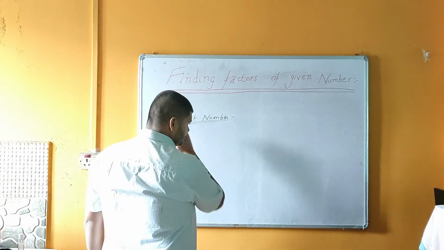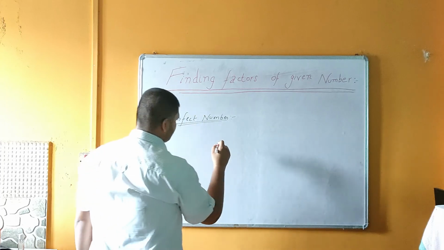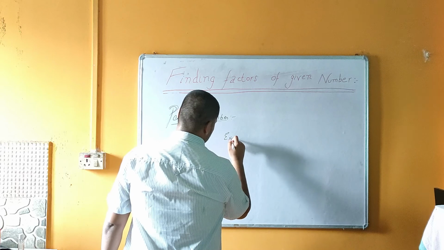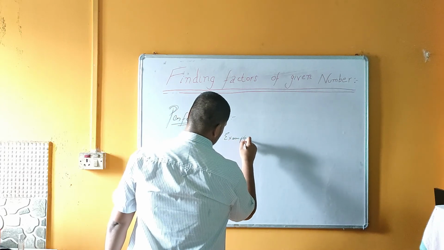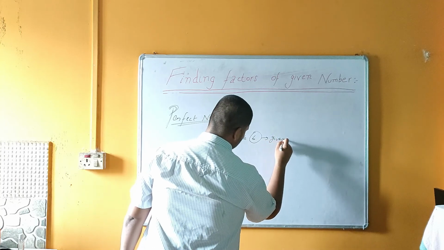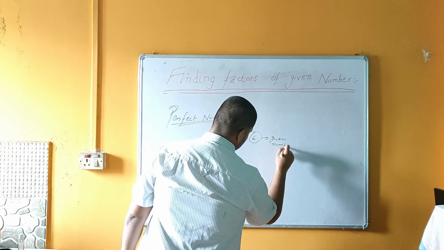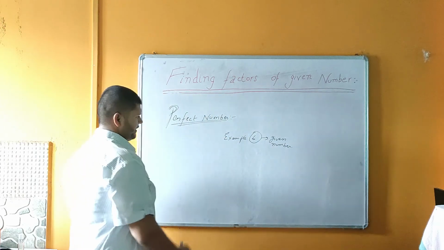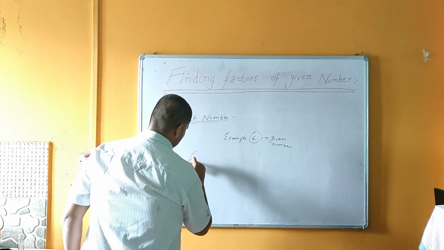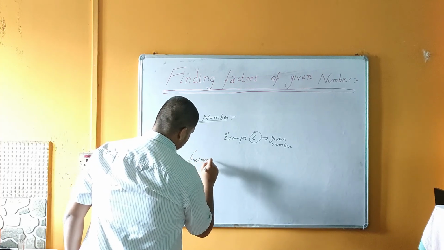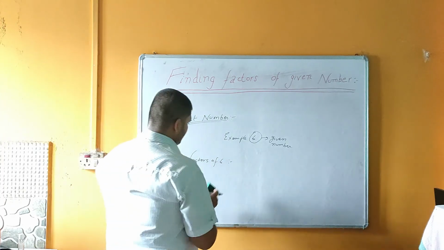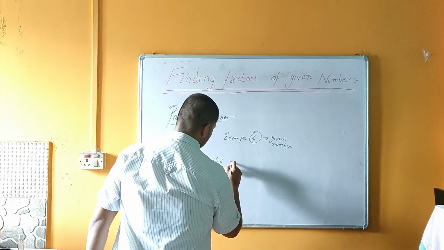So I am taking one example, that is 6. The example is 6. This 6 is the given number. We are first finding the factors of 6. What are they? Factors of 6 are